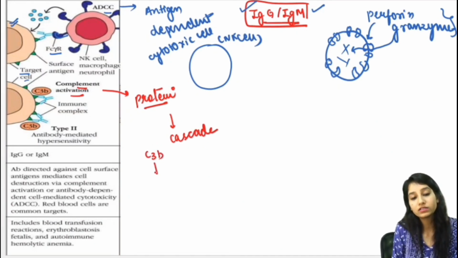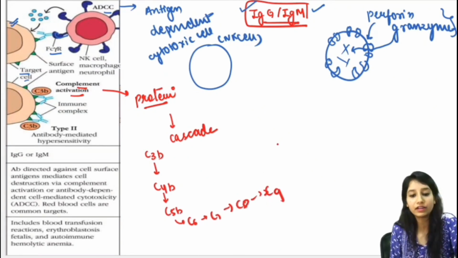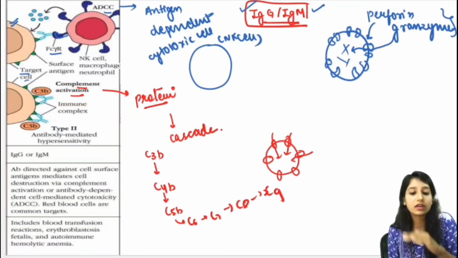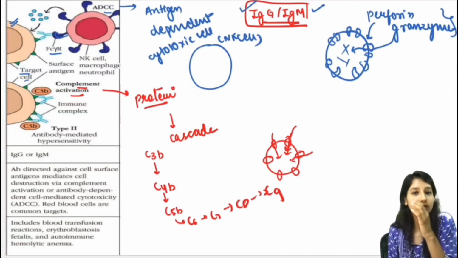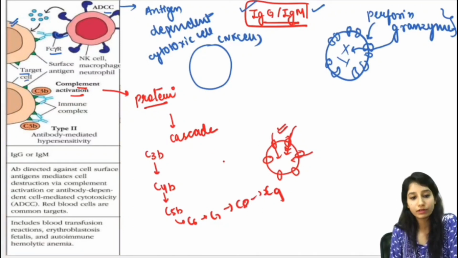For example, once C3b is activated, then C4 is activated, then C5, then 6, then 7, then 8, then 9. A whole cascade of proteins is getting activated. Finally, they will create a pore in the plasma membrane of the pathogen. And if the pore is made, then obviously the cell will not be able to survive, because a specific amount of things are present in the cell, for example water and salts. If pores are formed, this concentration will not be maintained, so the cell will not be able to survive. So this is how the complement system will work. These are the two methods.